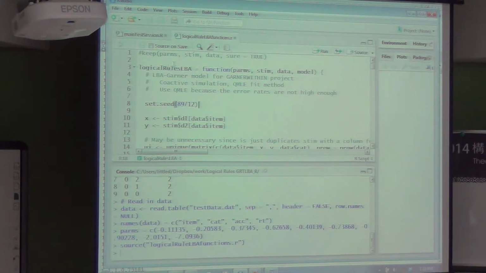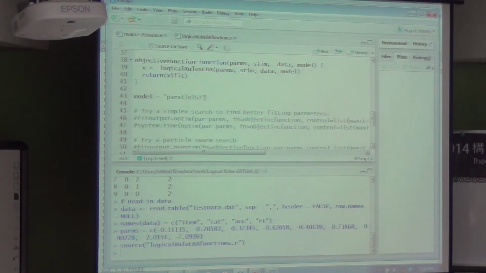And these functions unpack that information and then do stuff to it. So let me explain a little bit about what happens inside these functions. We're sending to these functions our parameters, our stimuli, and our data, and the particular model that we want to fit. We've got a bunch of different options for the model, and I'll just list them here so you know what they are.